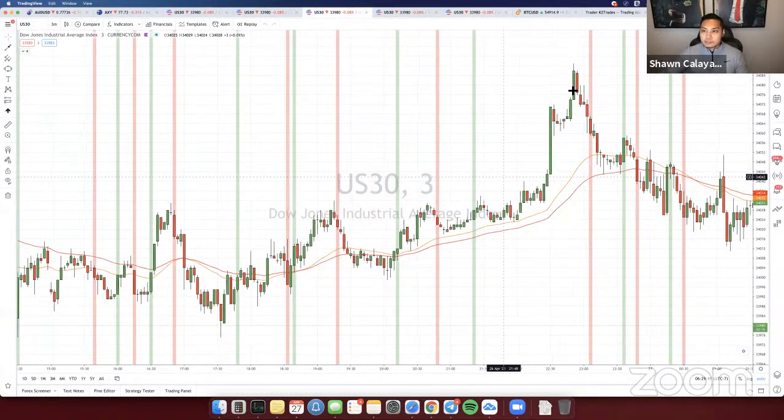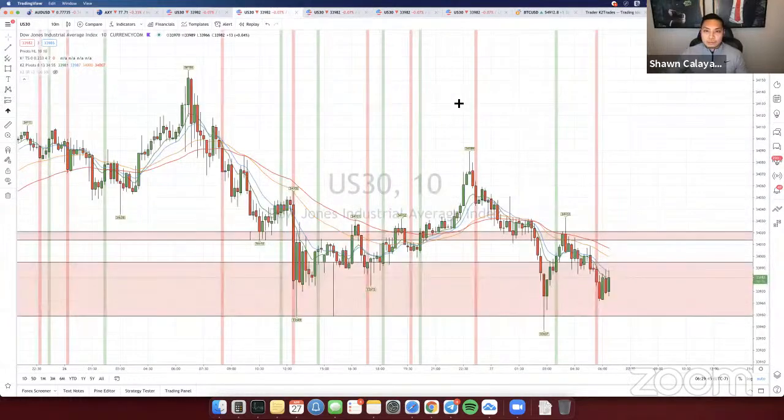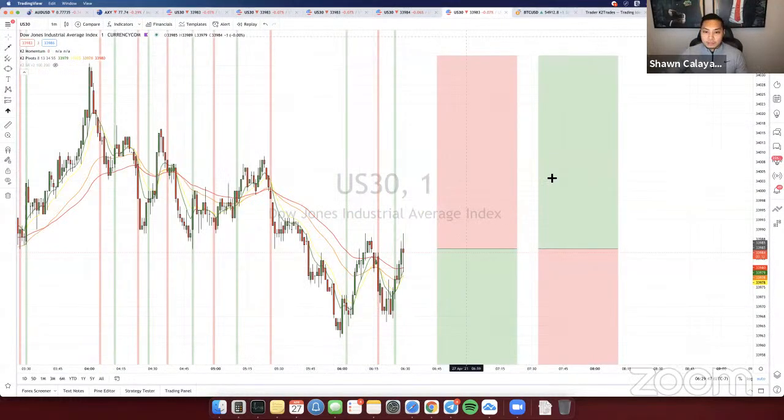The reason we're looking for a sell right here is because the sell shows here on the 3-minute. A sell also shows on the 10-minute, and on the 1 minute. If this ends up dropping from here, then we'll hop into that sell. But we don't want to get caught in any drawdown. So we're going to wait for it to close.